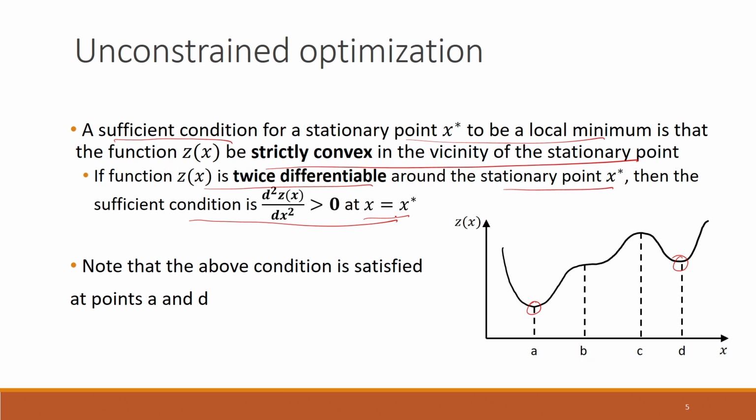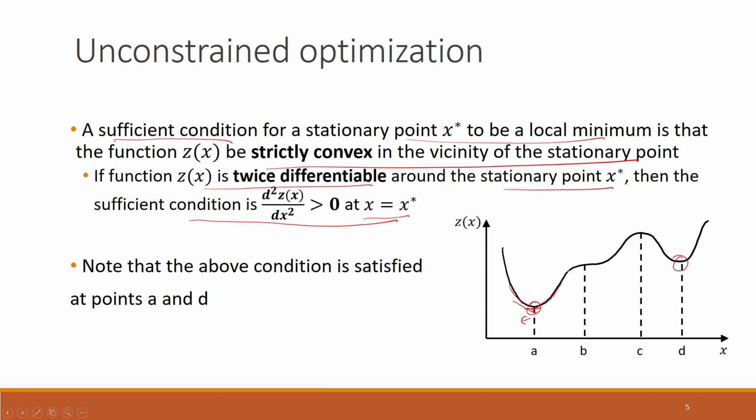So that means that the rate of change of slope is positive. So the rate of change of slope is in fact positive at both of these points a and d. The slope on this side of a is negative for this function, whereas it is positive here, and so the slope is negative and it is slowly turning to 0 here,